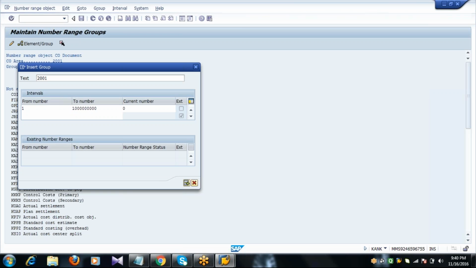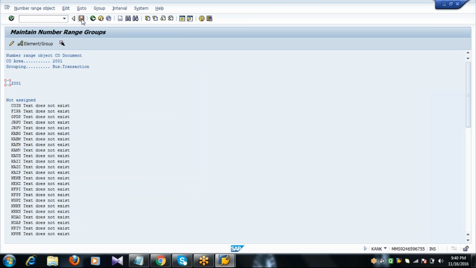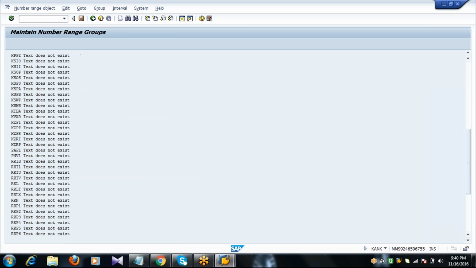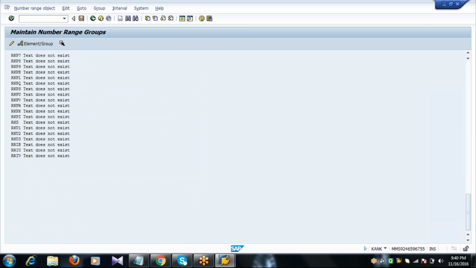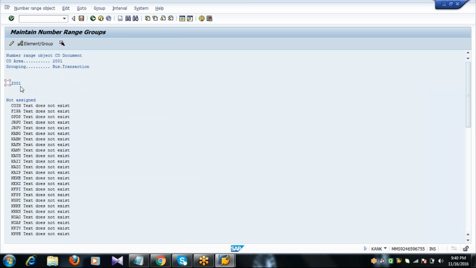Press enter and save the document. So here the group will be created. See here, 2001. Now double click on the indicator. There is an indicator called COIN, which is the controlling indicator. Double click on the indicator COIN.